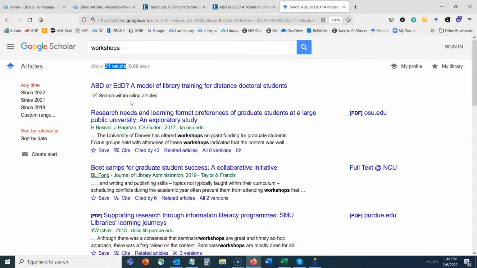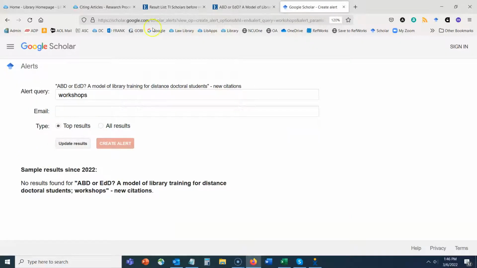what if somebody has cited this tomorrow, right? We don't want to have to keep doing the search every day, right? We can actually set up an alert to get notified anytime a new article cites this article. So to do that, we're going to click Create Alert. And so here we can see that our article is at the top. It says new citations. We did add an alert query that says workshops. If we no longer want that part, if we're just saying, oh, I'll take any article that cites this article, doesn't have to say workshops, we can take that out and just pop in our email address and hit create